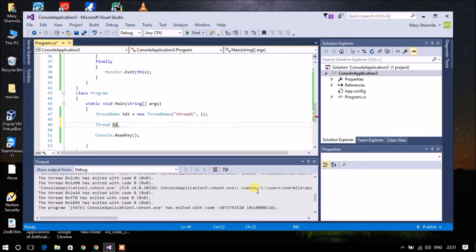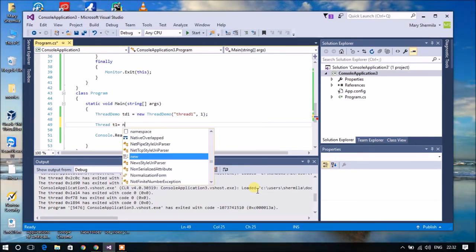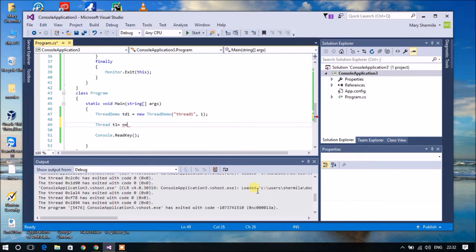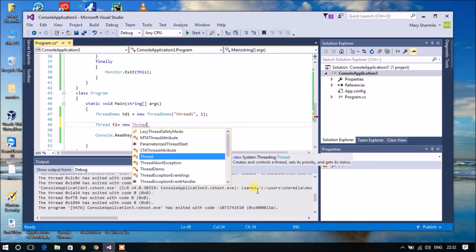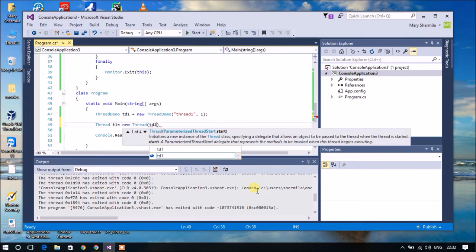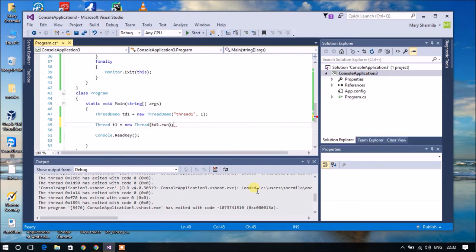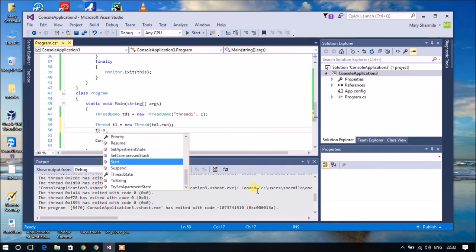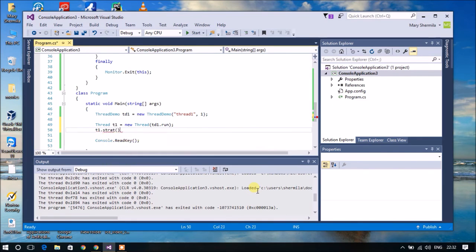So I created the object for the Thread class, and inside this I'm going to use the object td1 which I created for ThreadDemo, and call the method Run, which I have given inside the class ThreadDemo. Now I have to start my thread. To start the thread, give t1.Start(), where S must be a capital letter.